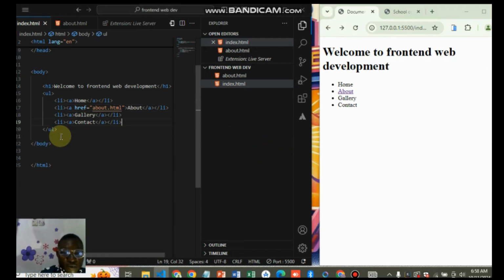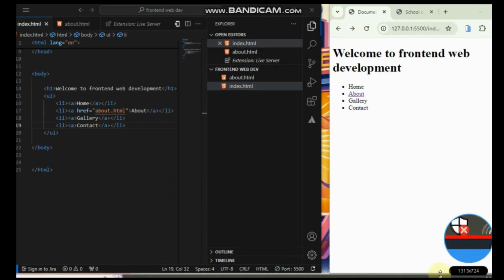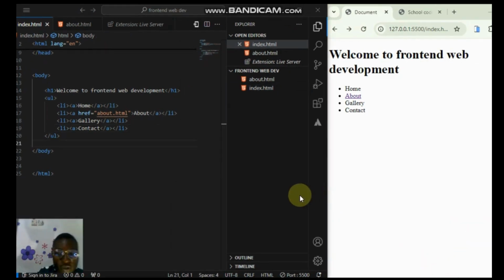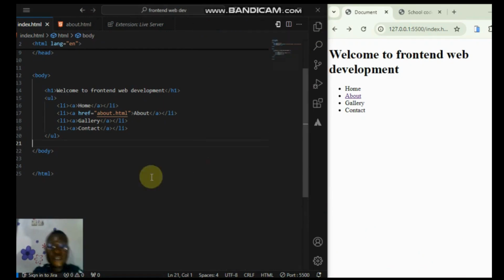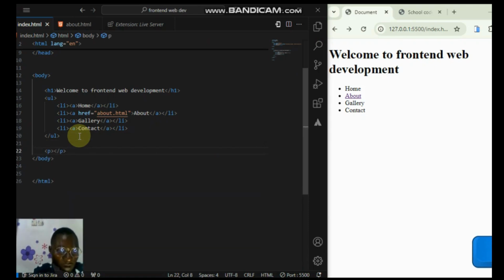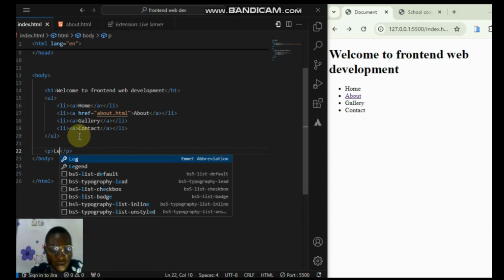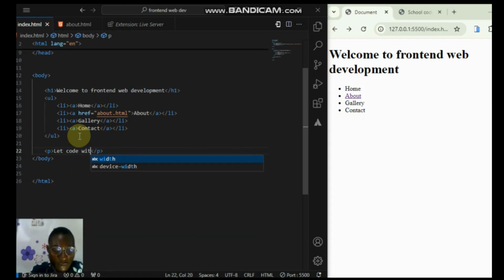Okay, let's move on. Let's continue. I'm going to close my explorer here. Then let's go to the paragraph. You press P and you have your paragraph. Let's code with map. Let me just give it a